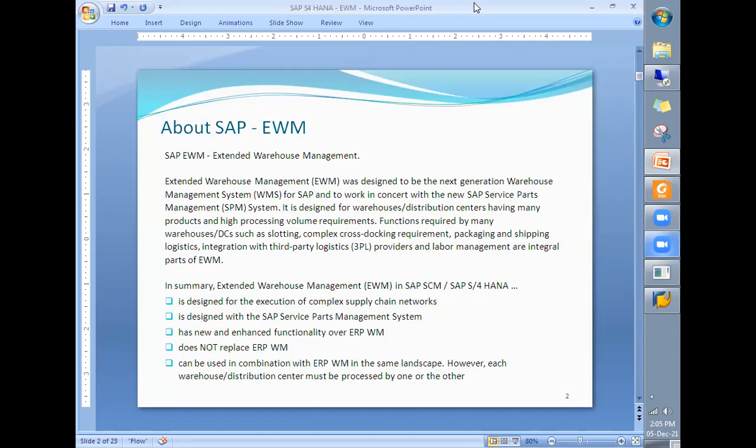As we know, extended warehouse management is now one of the leading warehouse management systems. In the market, there are other warehouse management systems like SAP WM and now SAP EWM, and then from other competitors like Manhattan and Redberry.